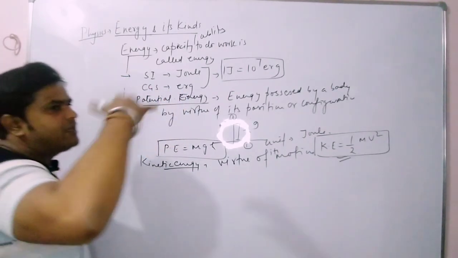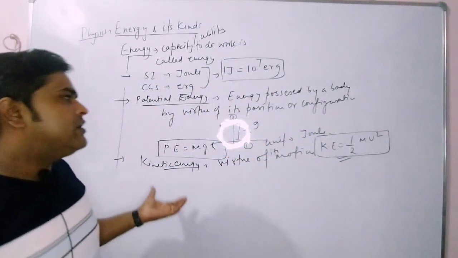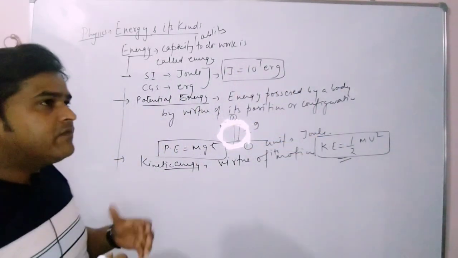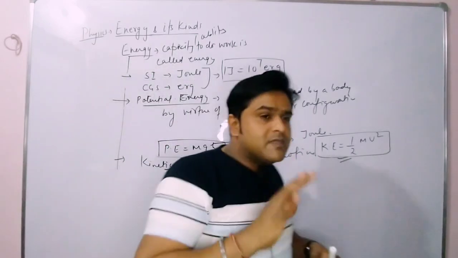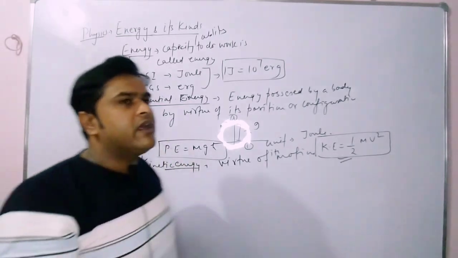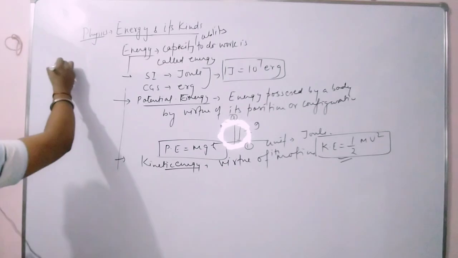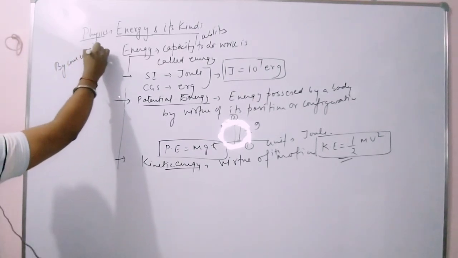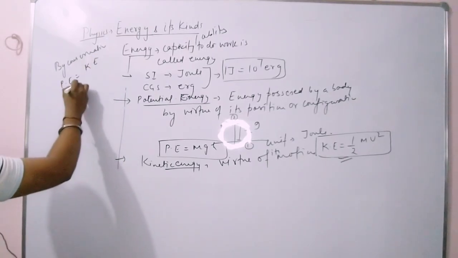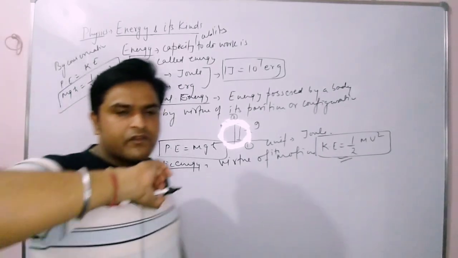Now later on we will be discussing about conservation of energy. ठीक है? इसको हम लोग बोलते हैं conversion of energy या dissipation of energy. That means this kinetic energy is equal to potential energy. In some of the cases like numericals पूछे जाएंगे, उसमें potential energy की सारी चीजें दी होंगी, जैसे mass दिया होगा, height दिया होगा और आपसे पूछेगा kinetic energy बताओ. तो बेटा in that case you have to write by conservation principle, this potential energy will be equal to kinetic energy. That is this mgh is equal to half mv square. So we have covered two types of energy, है ना?